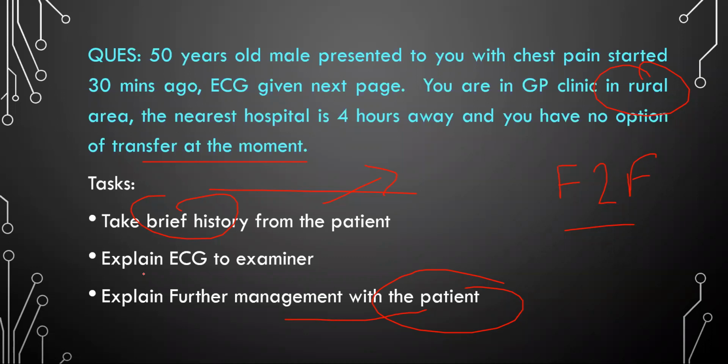And then you talk about that because you are in a rural hospital, the best management would be to take the patient to a catheter lab and then just dissolve the clot or remove the clot by a procedure called coronary intervention or percutaneous coronary intervention. But because now we are 4 hours away from the nearest hospital, we can't do that. And every minute that we are wasting, it's killing your heart. So right now I'm going to call the tertiary hospital cardiologist on call. I'm going to discuss your case with him and we will proceed with our further management based on that.